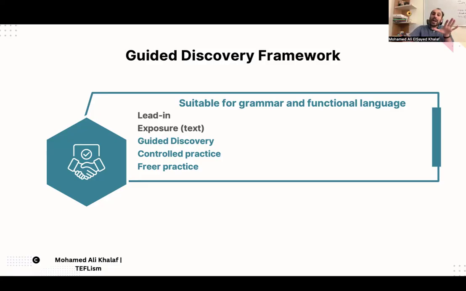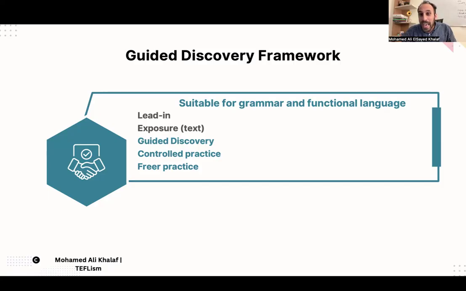Okay. So if you looked at your TP points and the materials and found out that the TP points are telling you that your main aim is grammar, and you have a text, and in the clarification stage, you found some CCQs, or you found a task ready-made for you to help students discover the meaning and the form, that means this lesson is guided discovery.